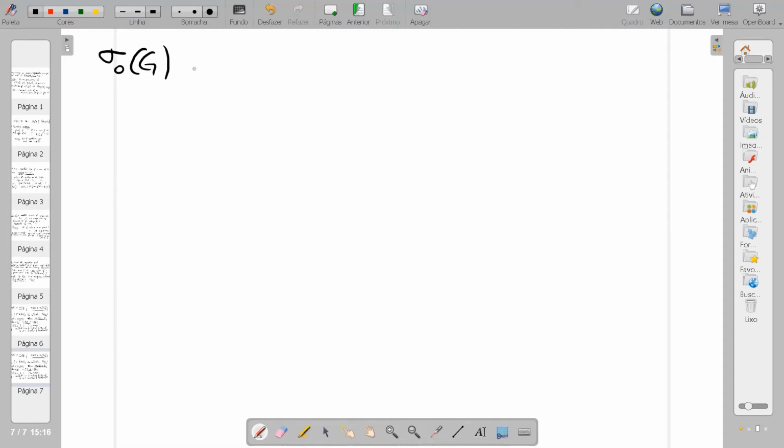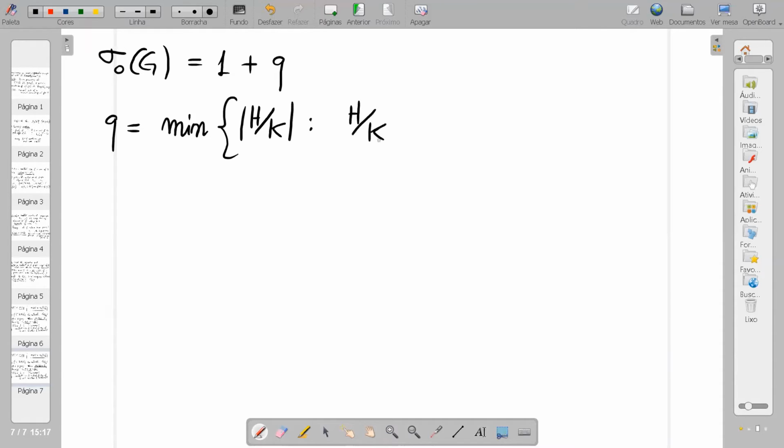Or if G modulo G prime is not a P group, then sigma 0 is 2. So this is the minimal size of H modulo K, where